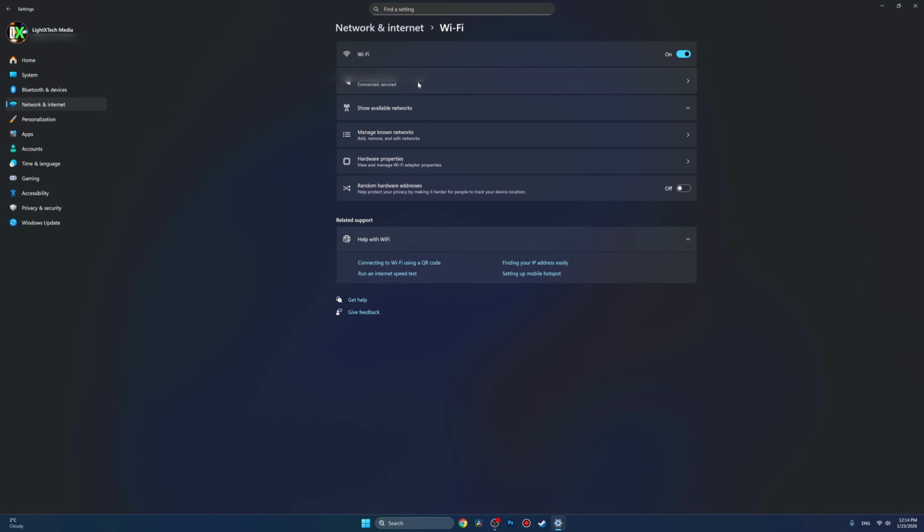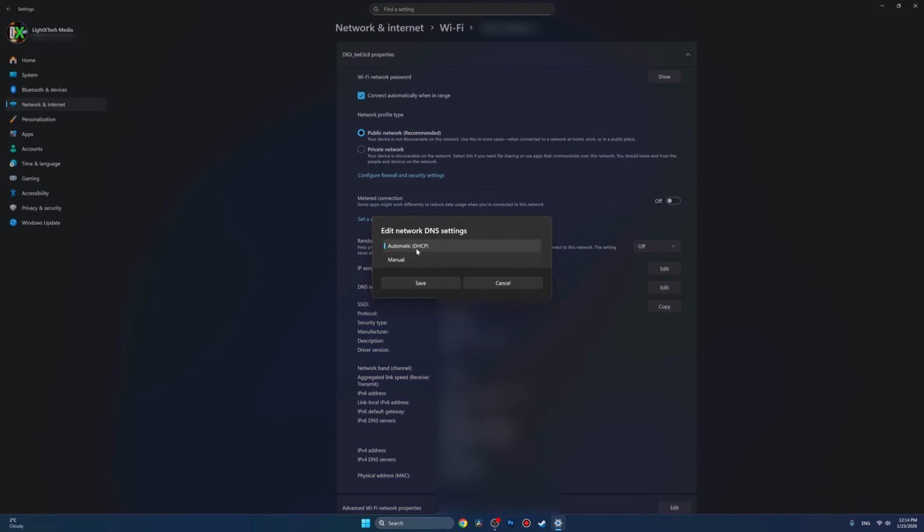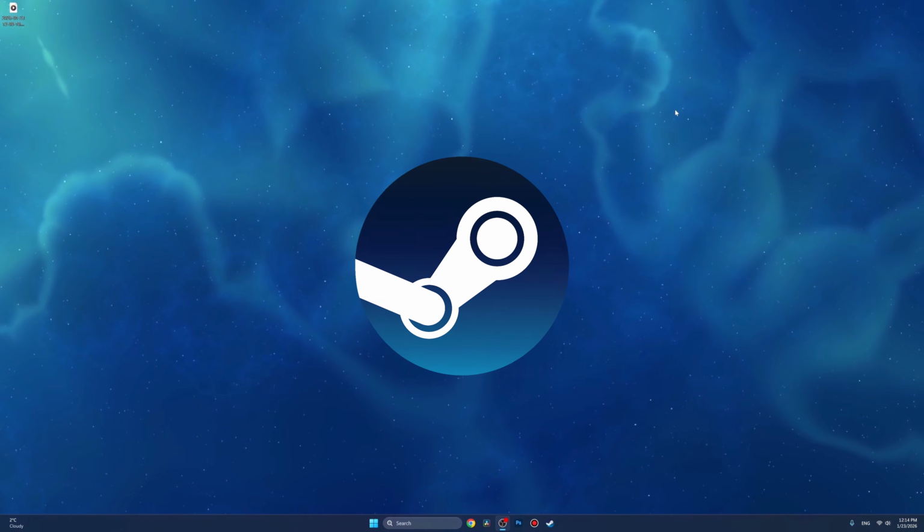And inside here, let's press on the Wi-Fi, and you locate here DNS server assignment. Let's press on edit, and I would recommend you to select automatic now, in case you selected the manual in the past for I don't know what reasons. So select it on automatic, then press on save. And now I recommend you to restart your computer and try to log in now into Steam and see if